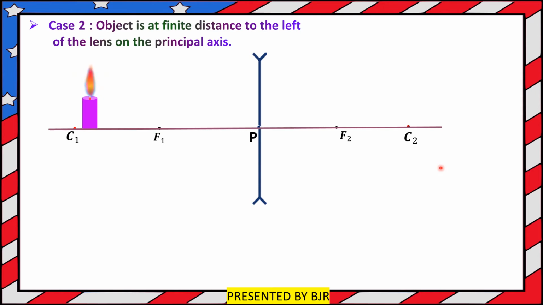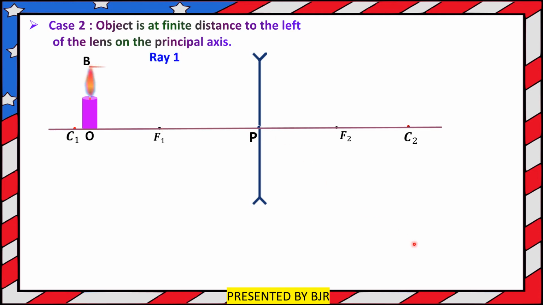See here. Now I am going to use two rays. Here OB is called the object. Now from the point B, I am going to trace two rays. I am going to draw two rays. Ray 1: a ray which travels parallel to the principal axis, falls on the concave lens, and gets refracted in such a way that it appears to be coming from the focal point here.